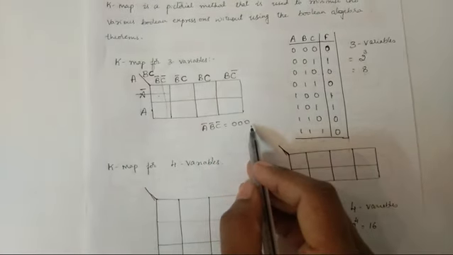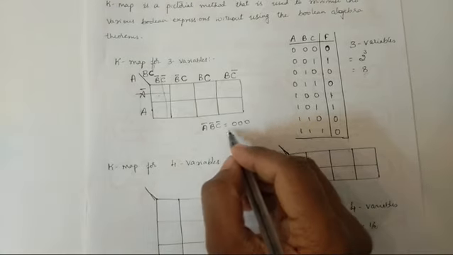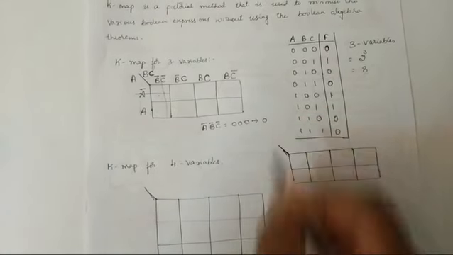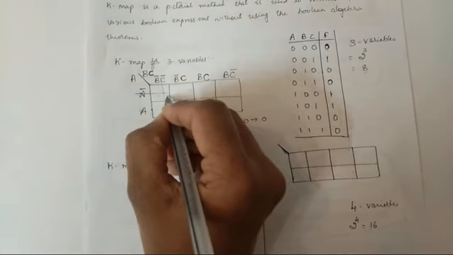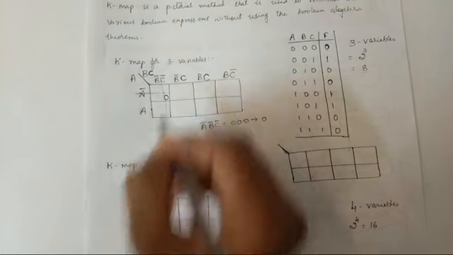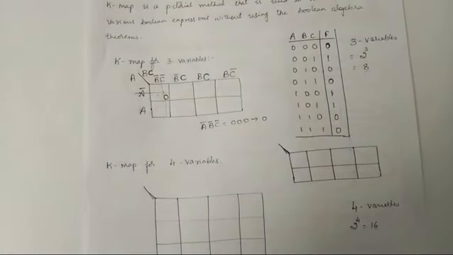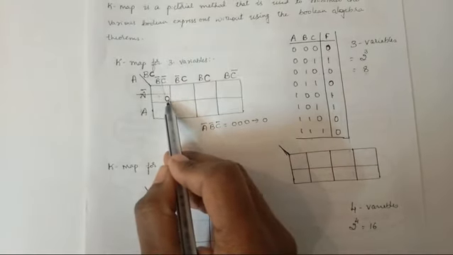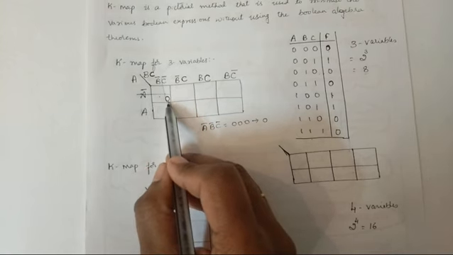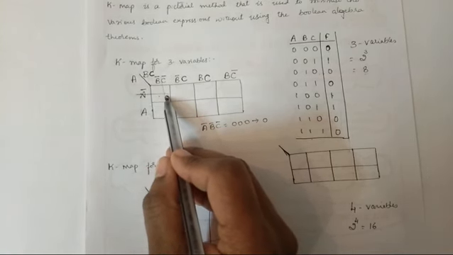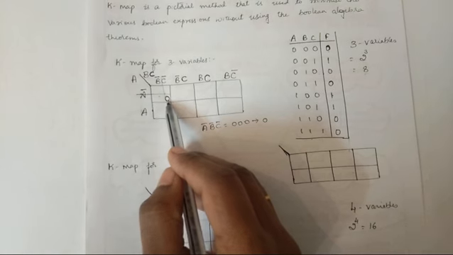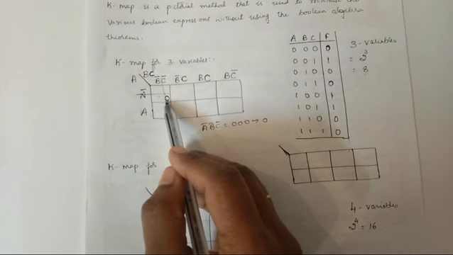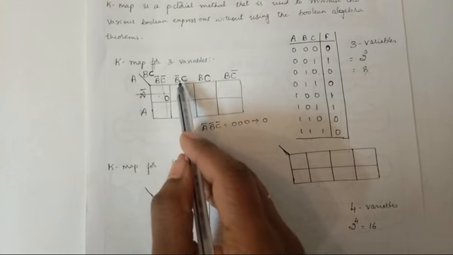So this is the binary. What is the equivalent of this in decimal? 0 0 0 means it is 0. Fine. So the cell number is 0. We will always write the cell number in the right corner of that cell. See here, I have written it in the right corner of this cell. So this cell represents cell number 0. Similarly for this